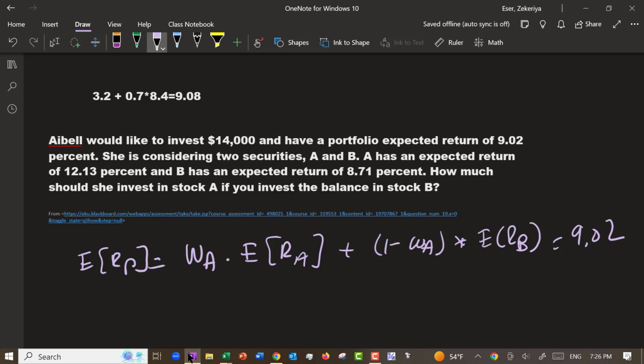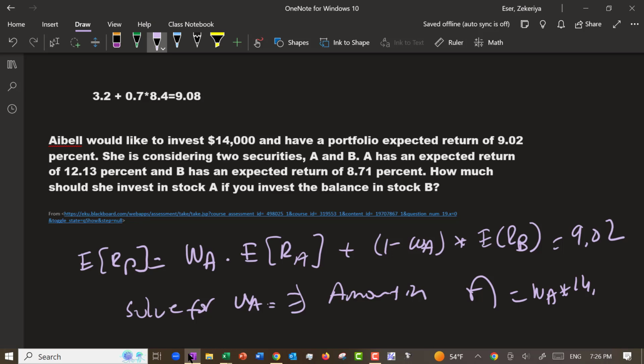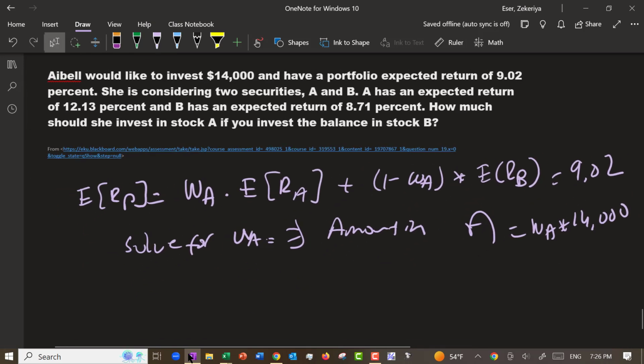Okay. Solve for weight of A, and amount in A is equal to weight of A times 14,000. We're just doing that a lot more easily in Excel, but if you wanted to do this algebraically, this is